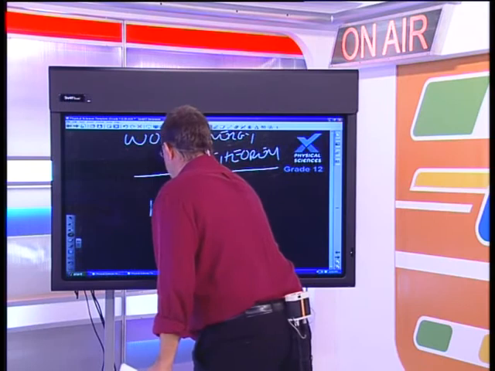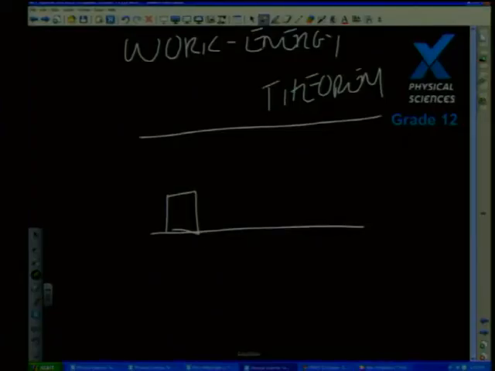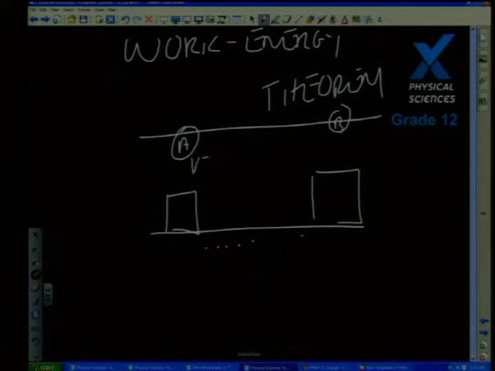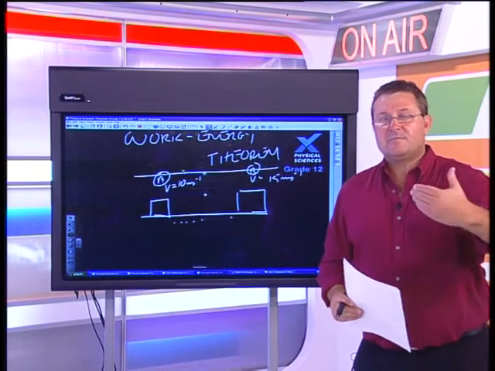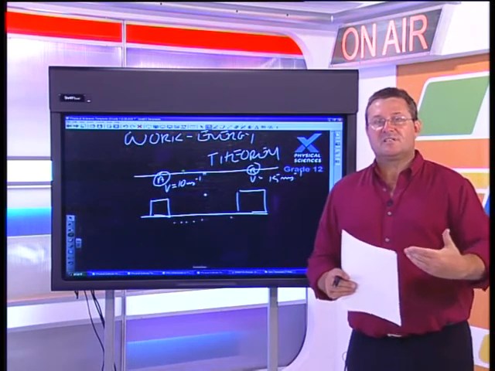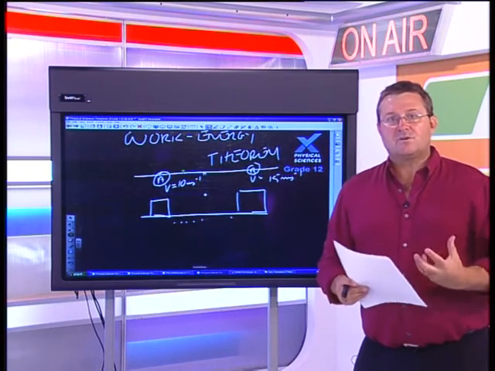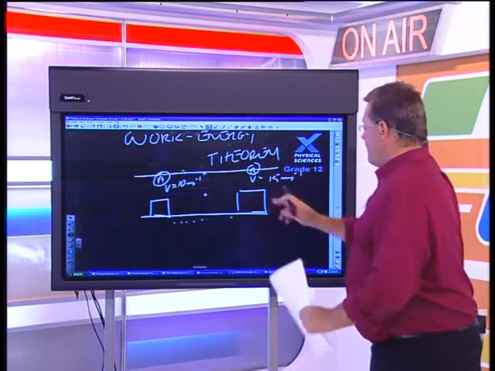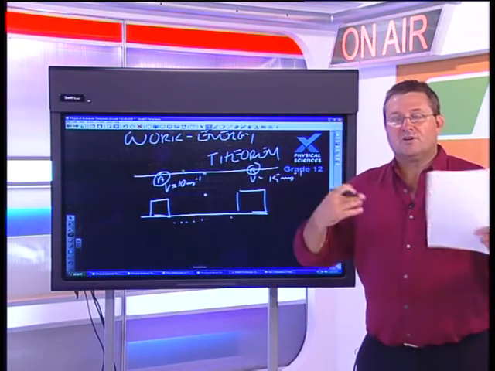So, if I have an object over here, and it moves to this point over there, let's call that point A, and this point B, and let's say it had a velocity of 10 meters per second, and over here it's got a velocity of 15 meters per second. Straight away, guys, can you see now, for the velocity to change from 10 meters per second to 15 meters per second, we must have had a net amount of work, or a resultant force, should I rather say, acting on that object. The resultant force has produced the acceleration, and therefore the resultant force has caused the velocity to